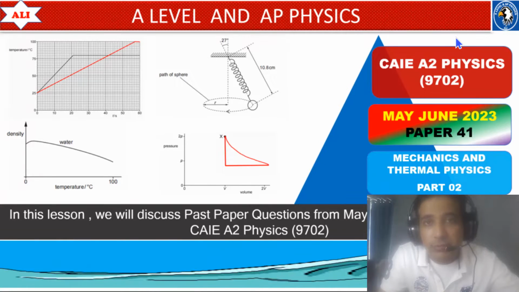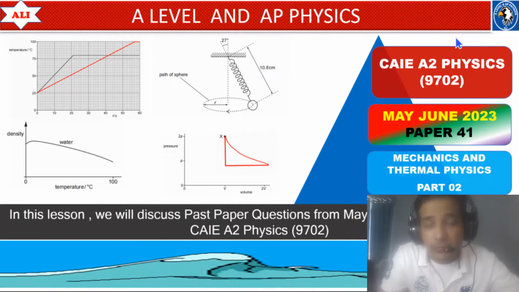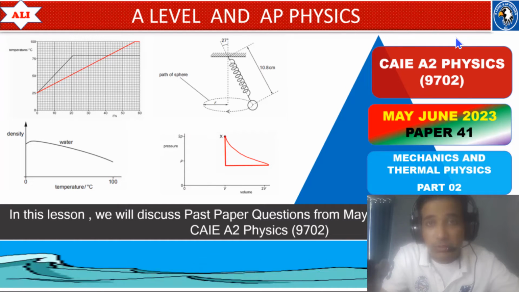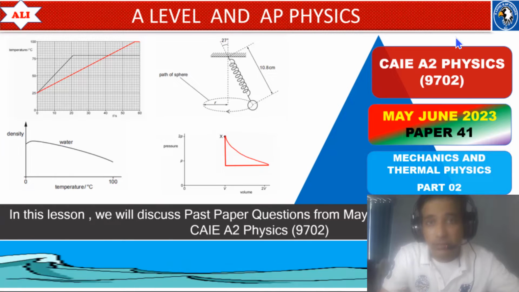In today's lesson, we will discuss past paper questions from May-June 2023, Paper 4, Variant 1. In the last video, we have already discussed question 1 about gravitational field. Today's lesson, we will start from question 2 and we will try to cover all questions about mechanics and thermal